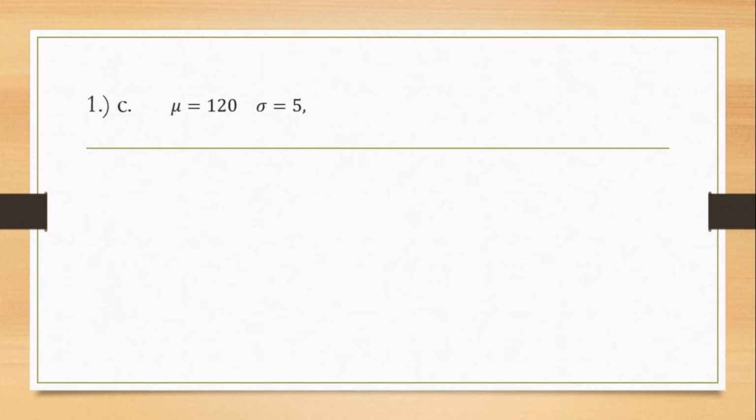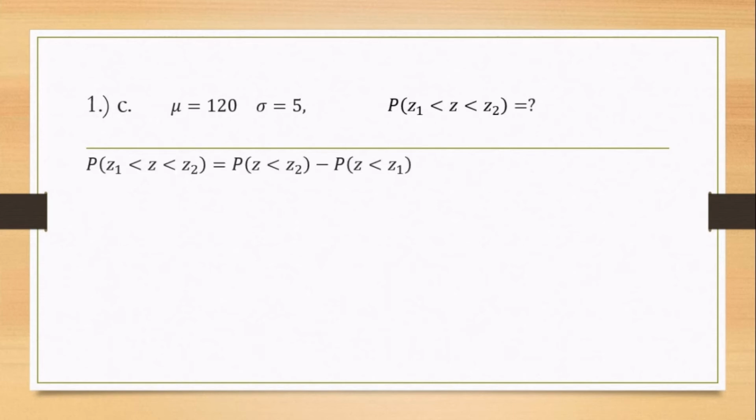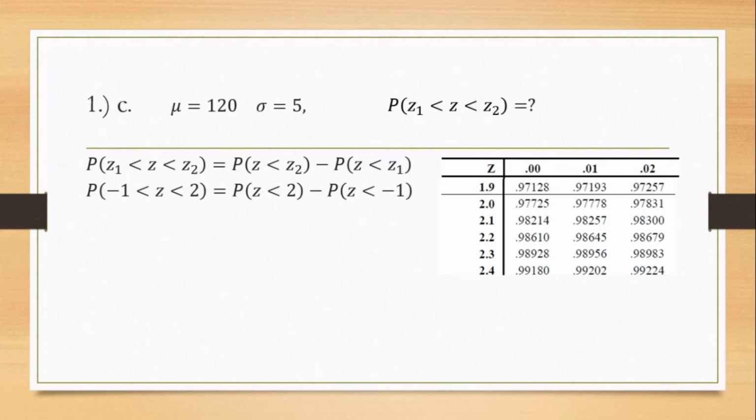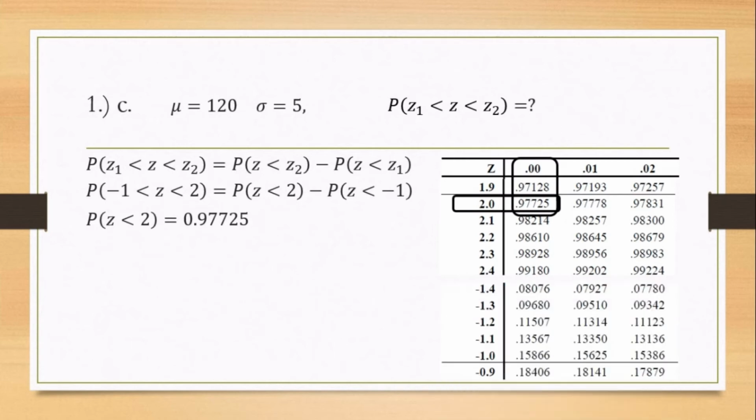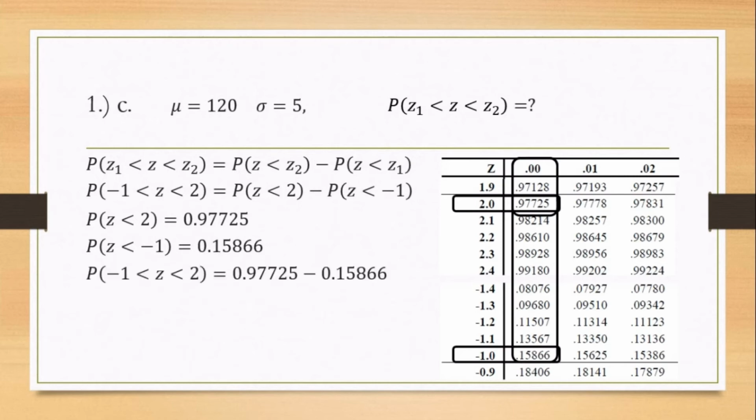With this, to find the probability of the area in between them, we can use the equation: the probability of Z less than Z sub 2 minus the probability of Z less than Z sub 1. First, find the area of Z sub 2 on the Z table, which is 0.97725. Then the area of Z sub 1, which is 0.15866. Subtracting the areas, we get 0.81858, which in percentages,